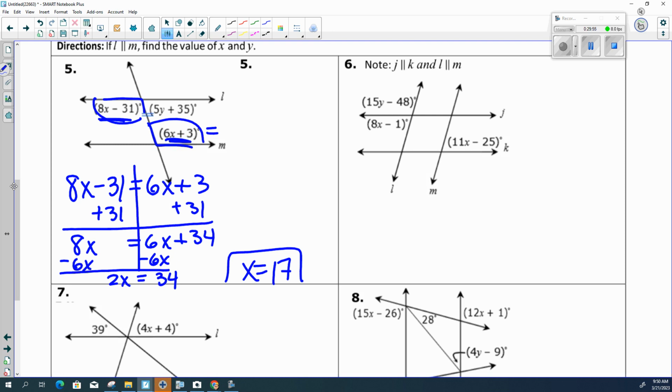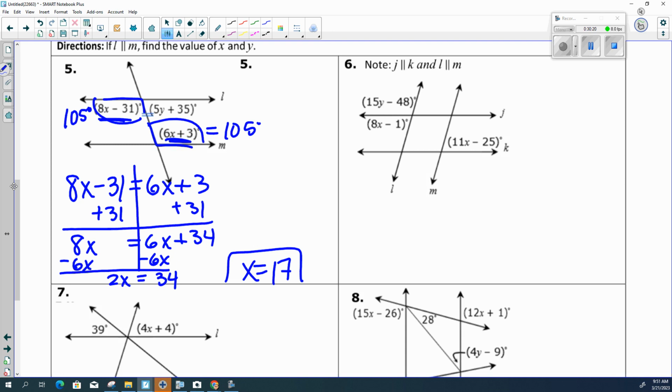So I don't have my calculator or my answer key on me. If you guys will solve that. So plug the 17 back in. Either one, they're the same thing, so it won't matter. In fact, you can put it in both spots. Okay, you're set. Now that I know that that's 105,